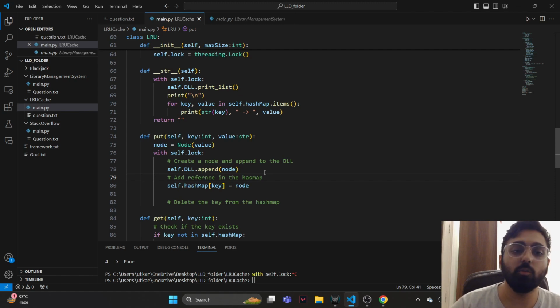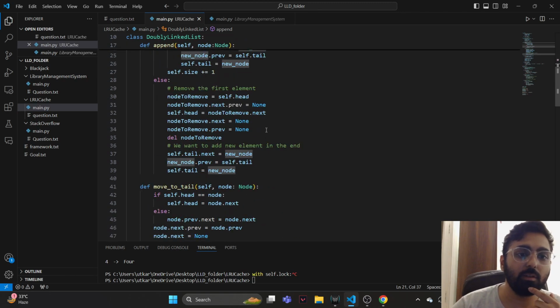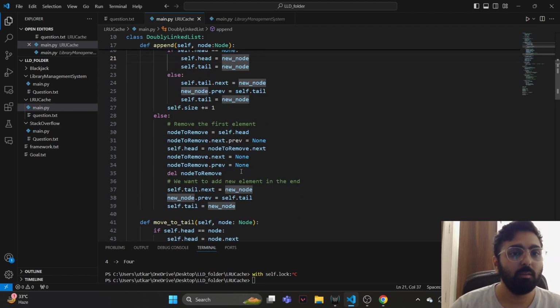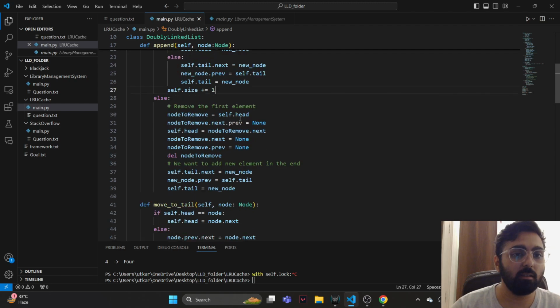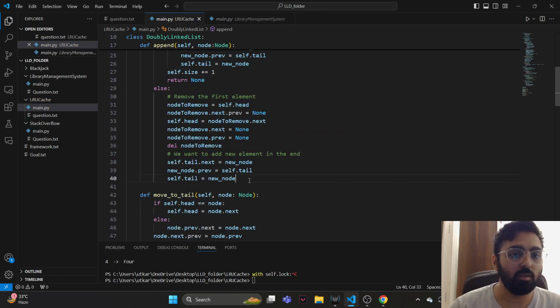But the thing is, in order to remove it from the hash map, we also need to know what the key was, right? Because we're not actually maintaining it. So append should ideally, maybe append should just return that key value, right? So maybe it should return the value. So append works, and this is the situation where it's not removing anything, and so in this situation it should just return None, and this is the situation where it does return something,